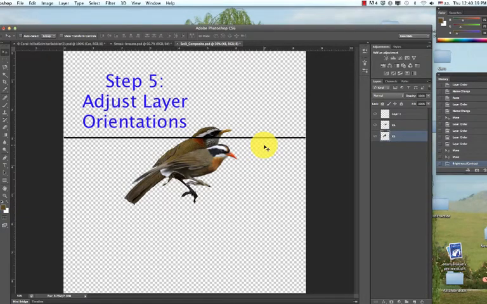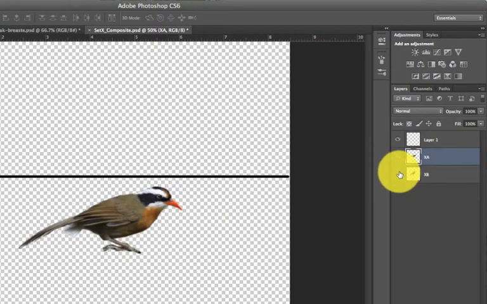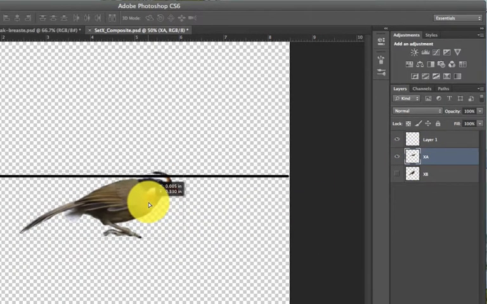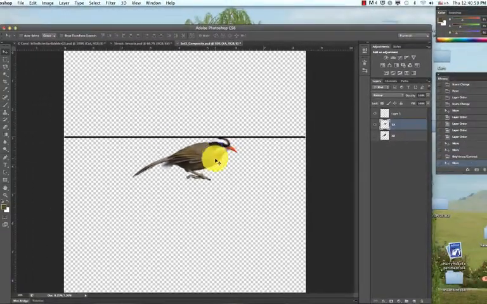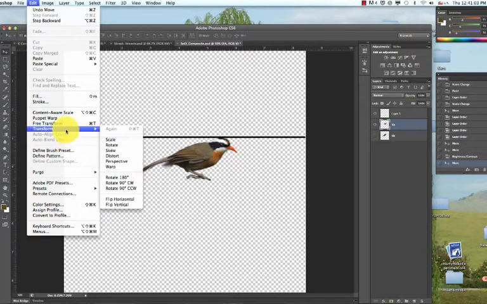Now, we need to adjust our layer orientations. So to make composites, we'll first orientate all the birds with their heads facing up so that the black line will cross evenly at the neck just above the wing. So, select layer XA. Right now I'm going to hide XB. So I have XA. So I'm going to click on Edit, Transform,